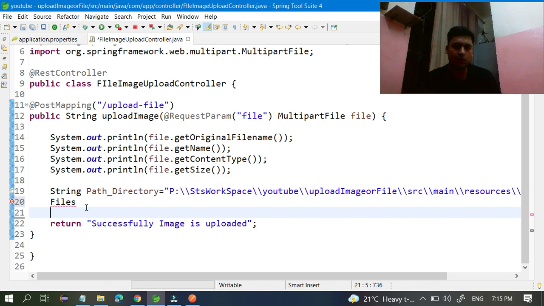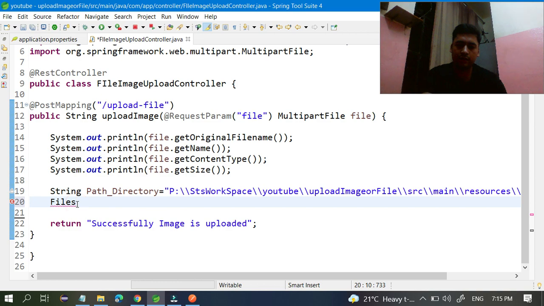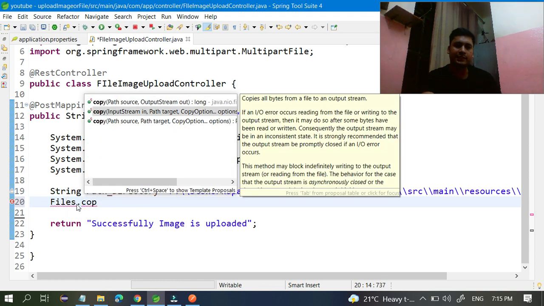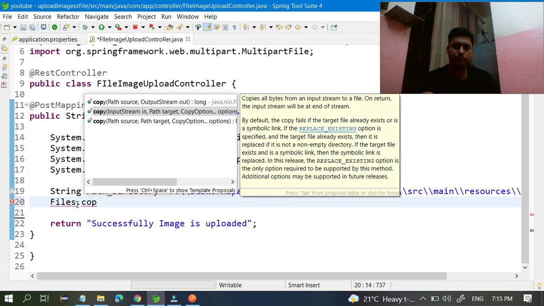Copy has three overloads with parameters like path, input stream, and target path. So these are the three options, and you can take any one of these.